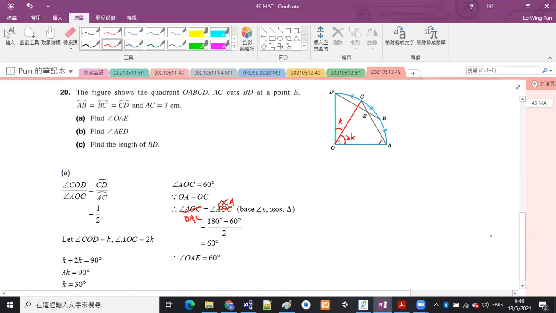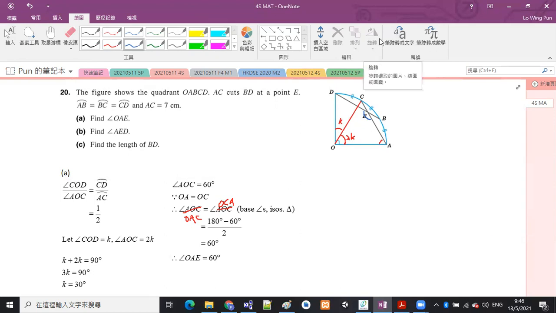Okay. Then part B, I want to find angle AED. AED is here. Is this one. This is not an angle at center or angle at circumference. So we are not going to find this angle by any reasons we have learned in this chapter. But